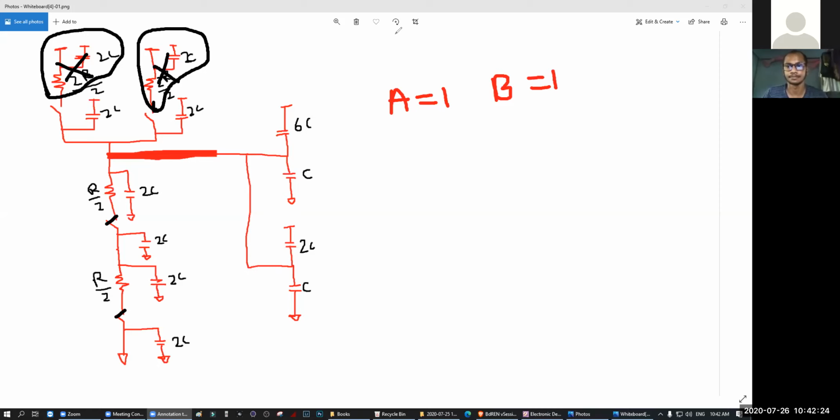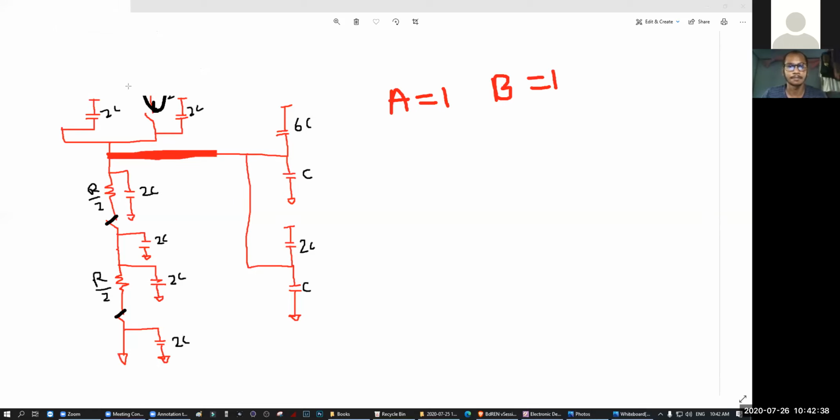Now let's find which ones are not in our network. Let's disconnect them, like this. Here, this capacitor will be disconnected as well. Why? Because there is a short path to the ground. This point is also ground, this point is also ground. So this capacitor is useless, and we are going to make it disappear as well. Anything else? No, nothing.